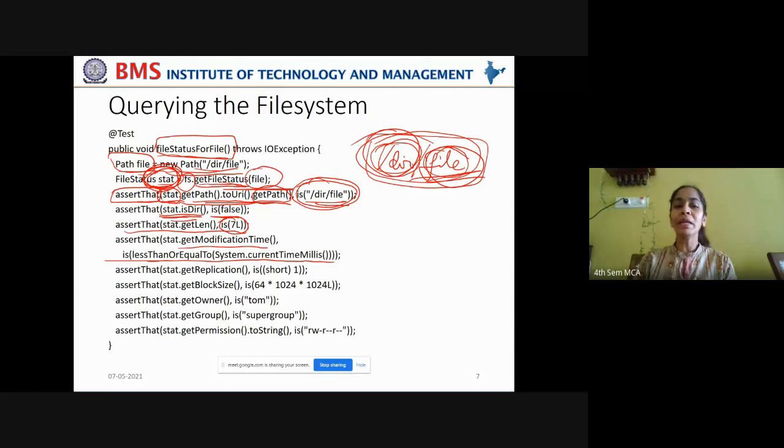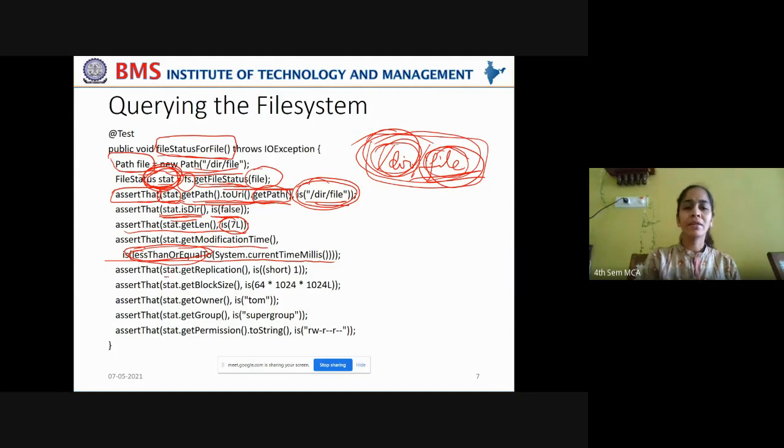So it has to be less than or equal to the current system time. Your current system time is presently your present time. Now, the modification of the file may be somewhat lesser than that because you have last modified it some time back. In such case, you are trying to tally it with is less than or equal to the current system time. The modification time of the file is less than or equal to the current system time. Yes, it will be obviously yes.